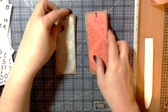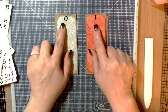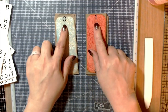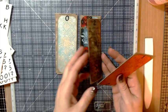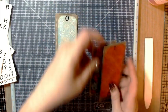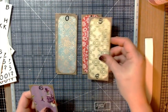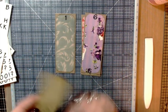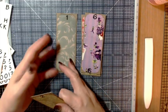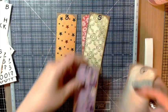1, 2, and 3. All right, so in our box, you're going to see 0, 1. So this is the first of the month. Number 2 is the second. You get the idea, right? Number 3 is the third. So then the next day you will flip it to the 4th, and then the 5th, and then the 6th, and so on. And then the 16th, the 26th, well, there is no 36th, sorry. So the 30th,